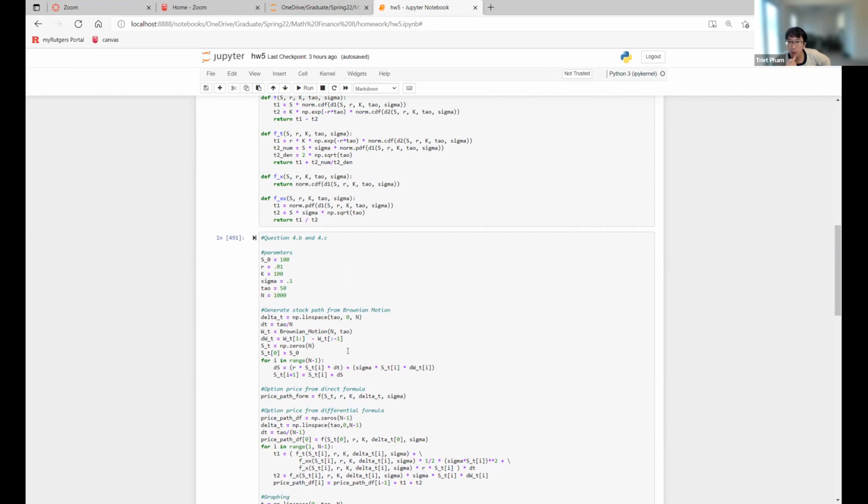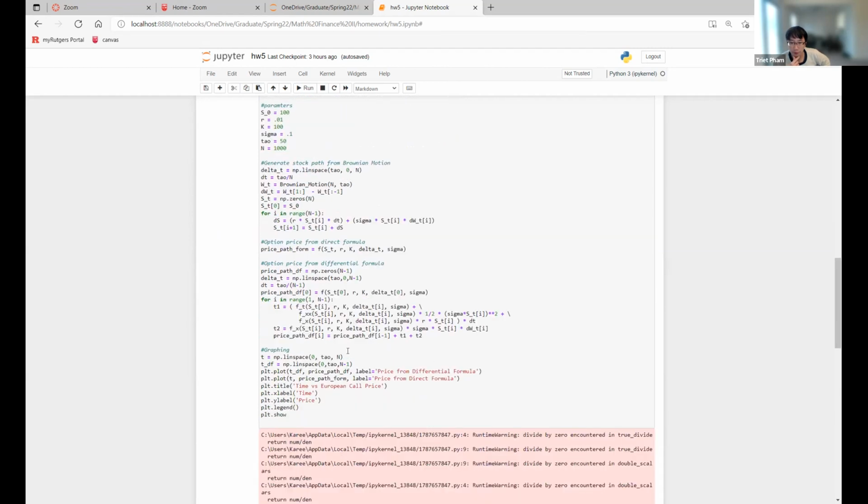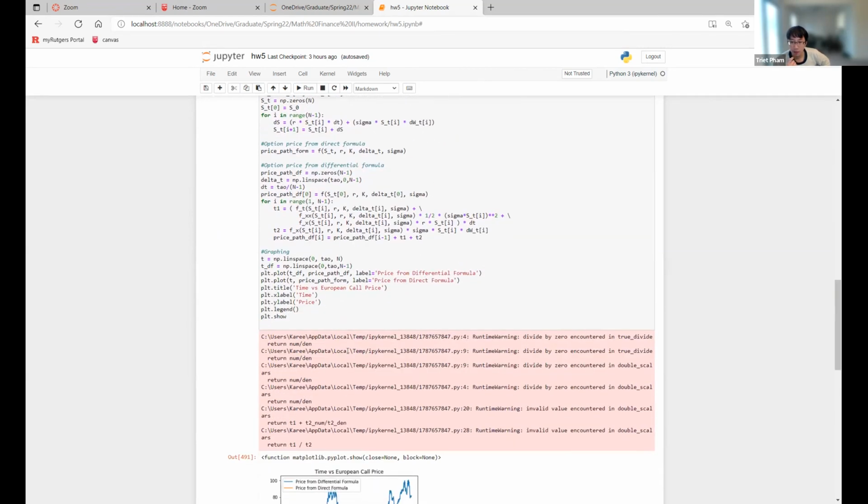So maybe you should not include the last point, but it starts diverging even before that, right? So I don't think that was the issue. You see what I mean? Your graph diverged before that. It's only the last point. There will be some issue with the Greeks at the end, but I don't think that's it.